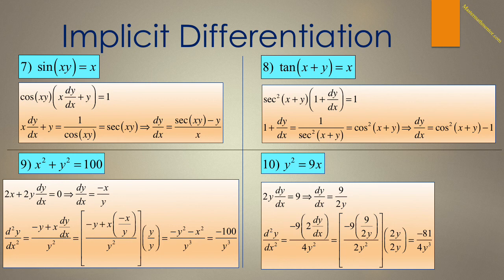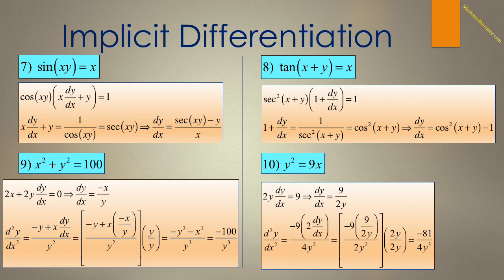To take the second derivative, we square the bottom, and upstairs we get 2y times the derivative of 9, which is 0, minus 9 times the derivative of 2y, which is 2 dy/dx. But realizing that dy/dx is equal to 9 over 2y, we get negative 9 times 9 over 2y all